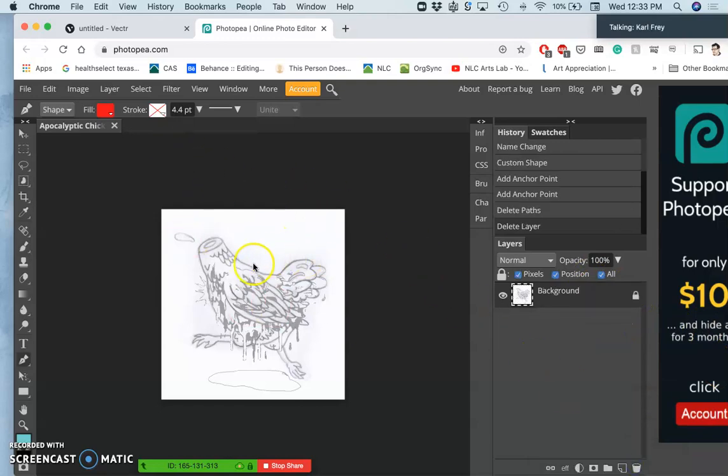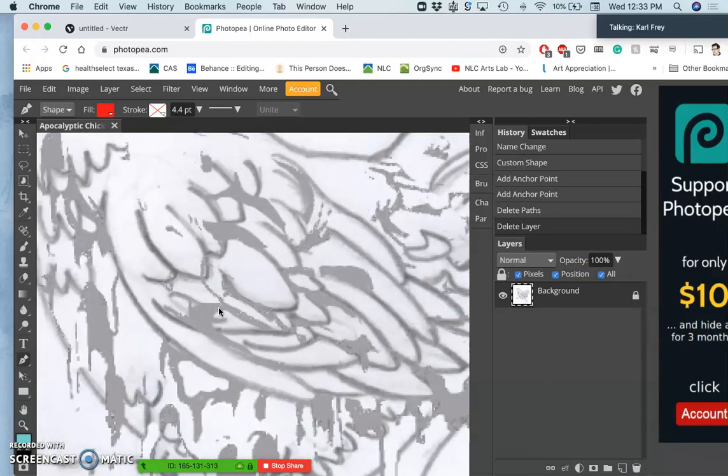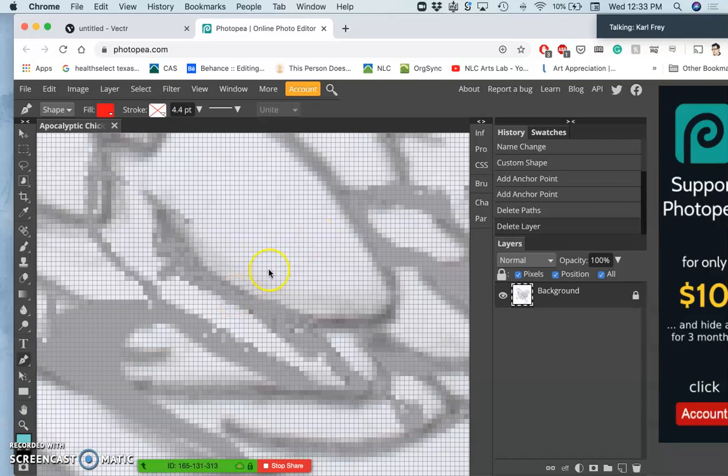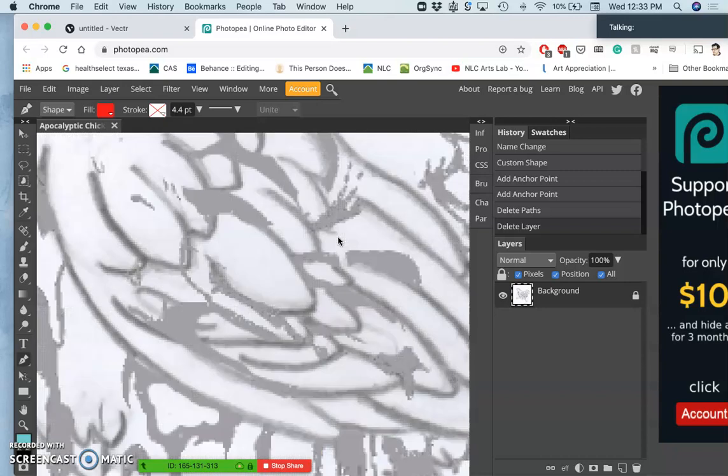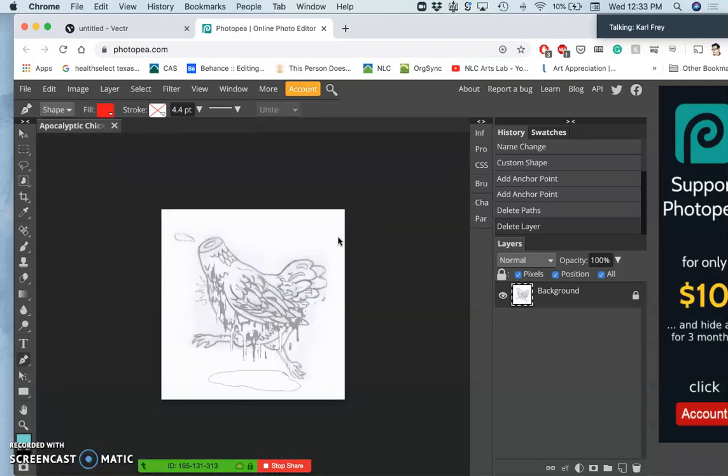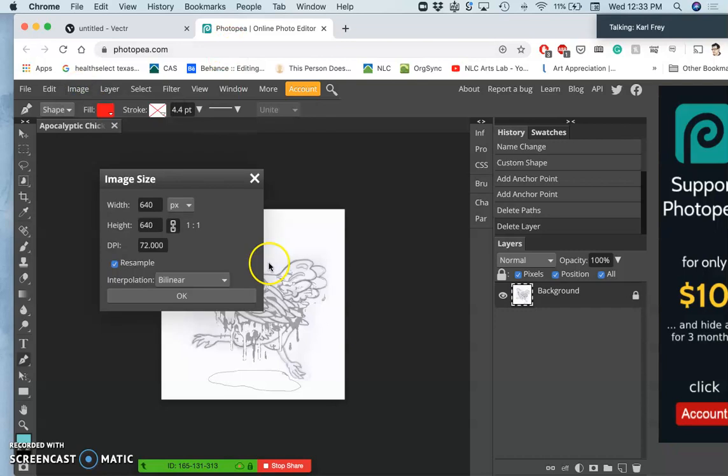I want to be mindful that this is a raster image, you know, and there are the pixels. And that's already not very smooth. So I brought in my sketch and it was kind of lower resolution. So before I do anything else within a raster program like Photopea or Photoshop, I need to change the image size to make it print quality. And so I'm going to change it to inches, and I'm going to change it to be around 10 by 10 inches